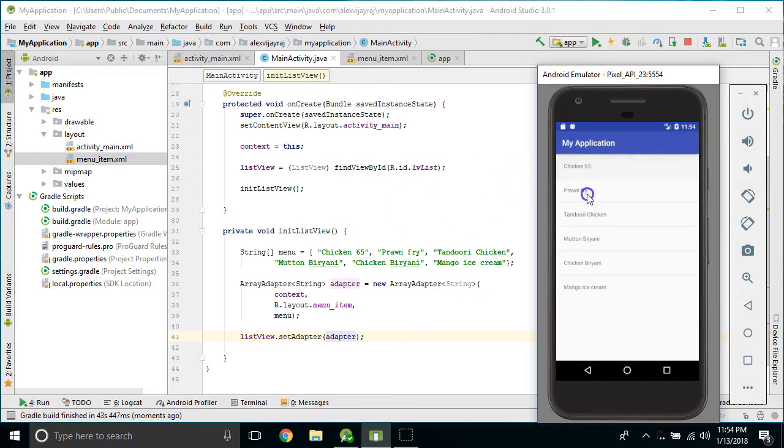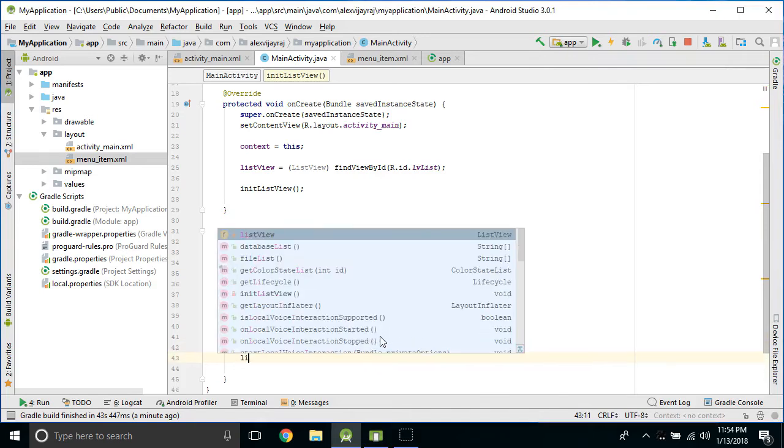As we could see, we have the list view created. We have all the items that we created here, and this list can extend to whatever we want, and by default we have a line or a separator in between two list items. Now if we want to get this click into the code and handle it, we can do it by setting